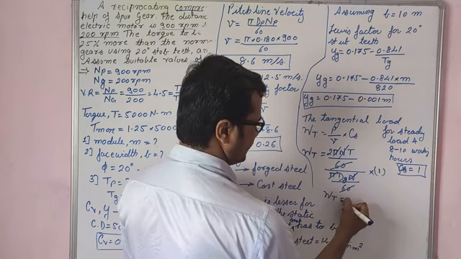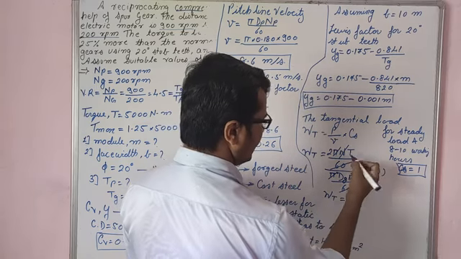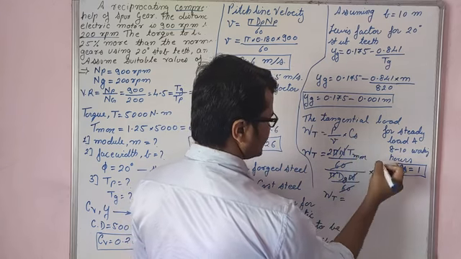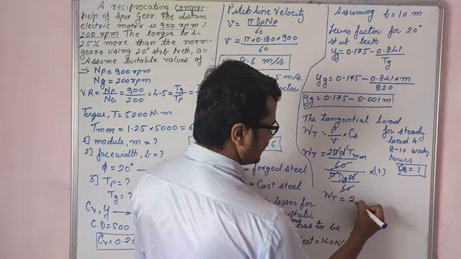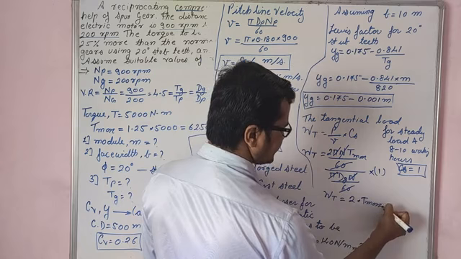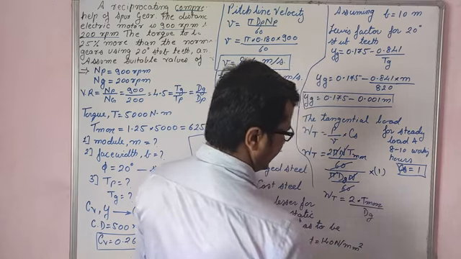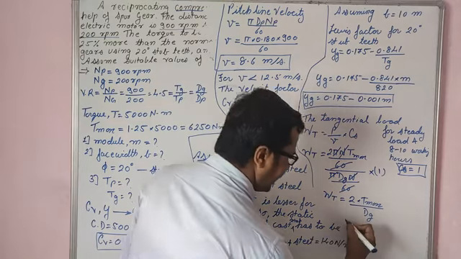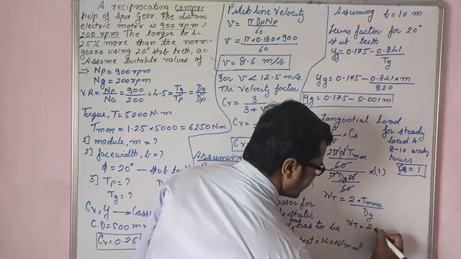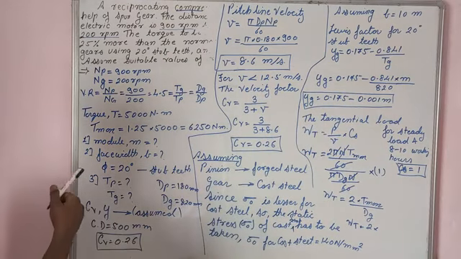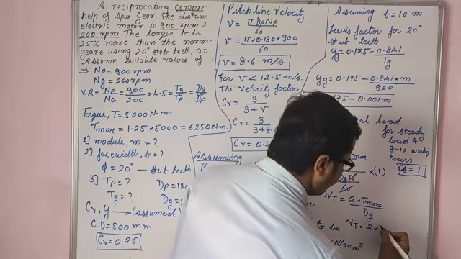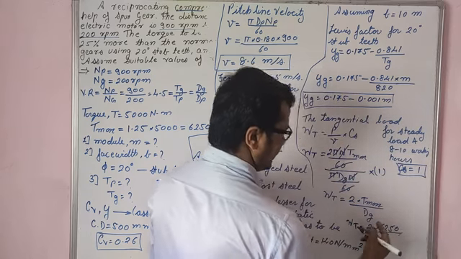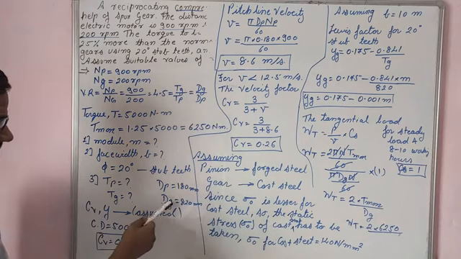So the expression we have is Wt equals 2 times the torque, and this torque is nothing but the maximum torque. Since we are designing for maximum torque, Wt is equal to 2 into T max upon the diameter of gear. The maximum torque we found as 6250 Newton meters, and the diameter of gear is 820 mm.